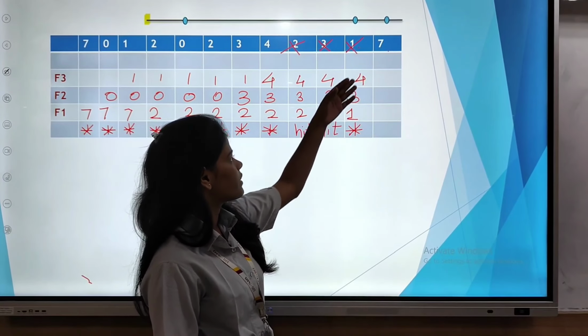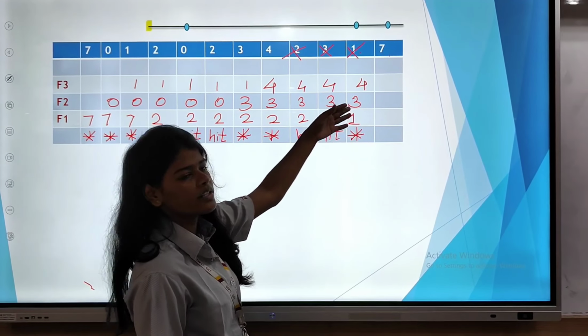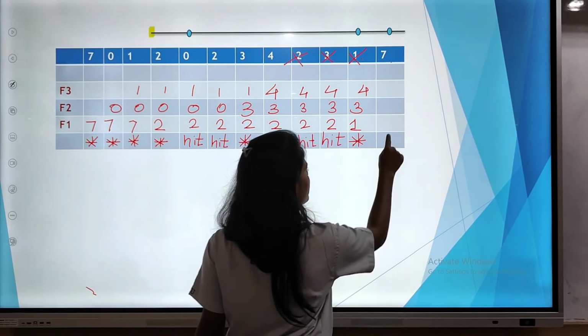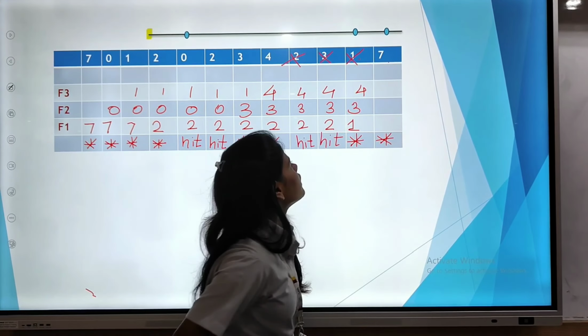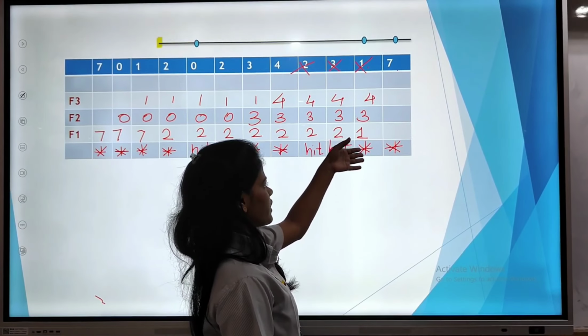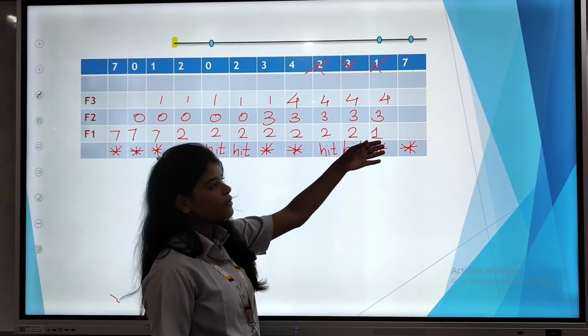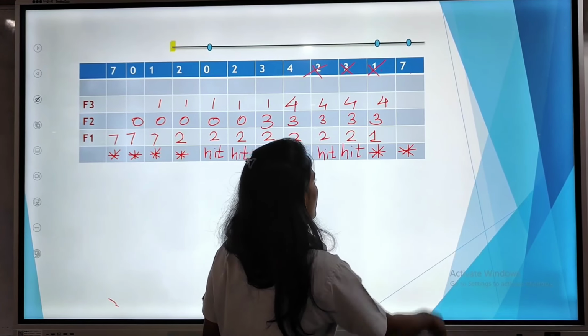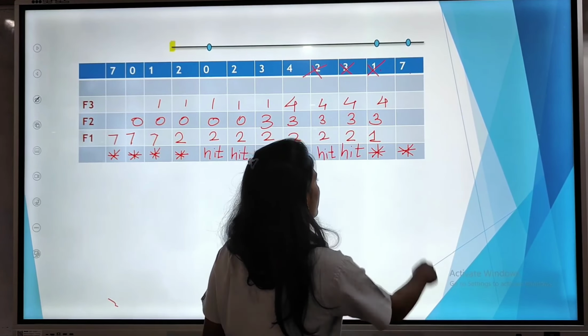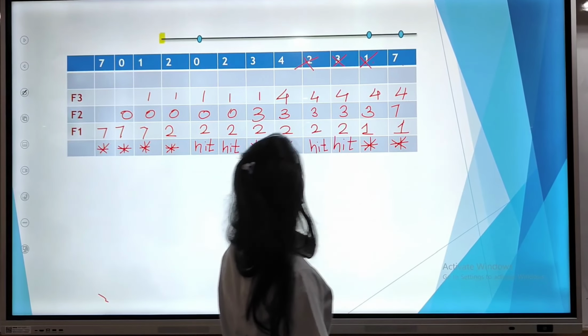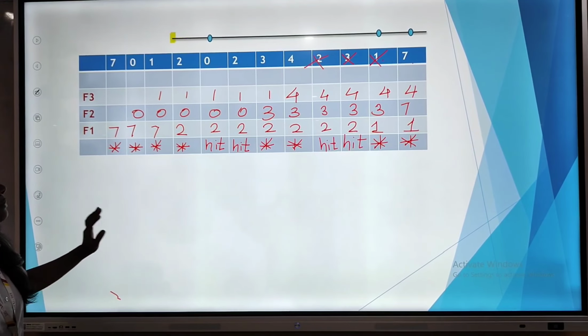Now CPU wants a page number 7, and 7 is also not present in the primary memory. It is the condition of the page fault. Same like the previous condition, I can replace any of the pages with the page number 7. So in this I will replace the page number 3 with page number 7, and this is the solving of the optimal page replacement.